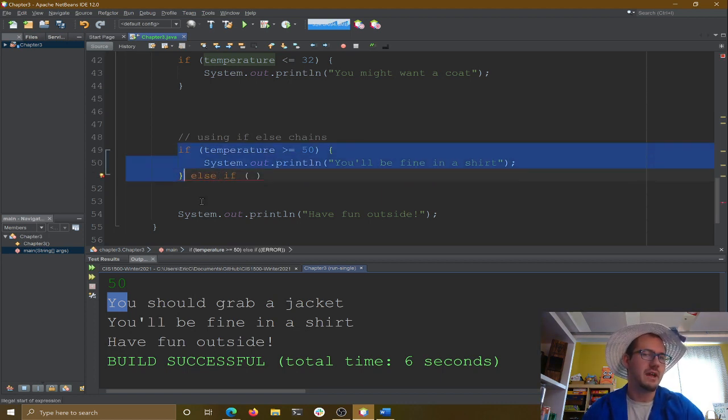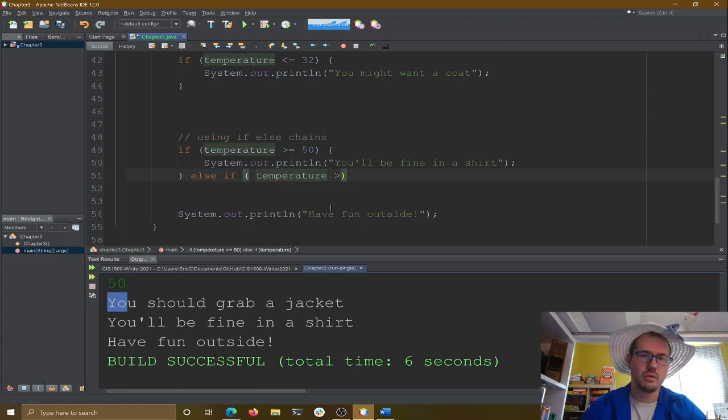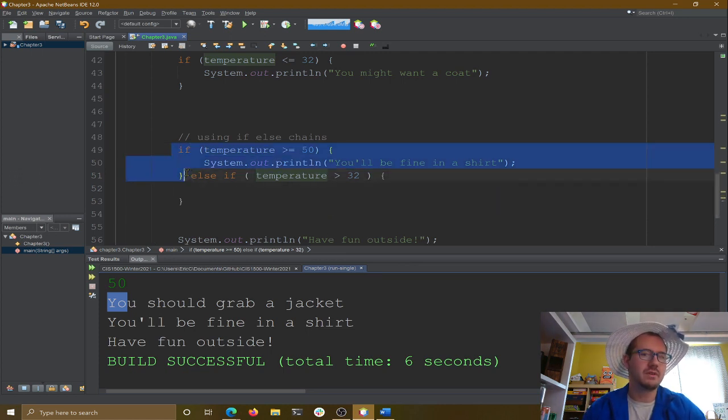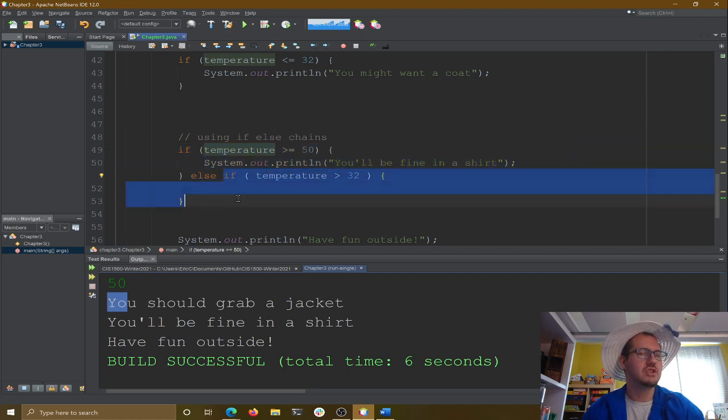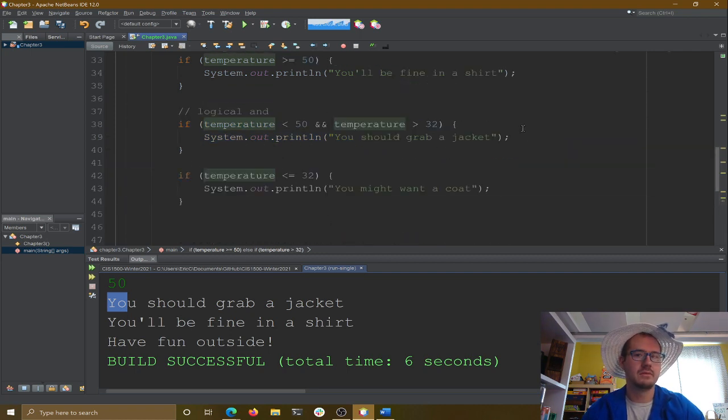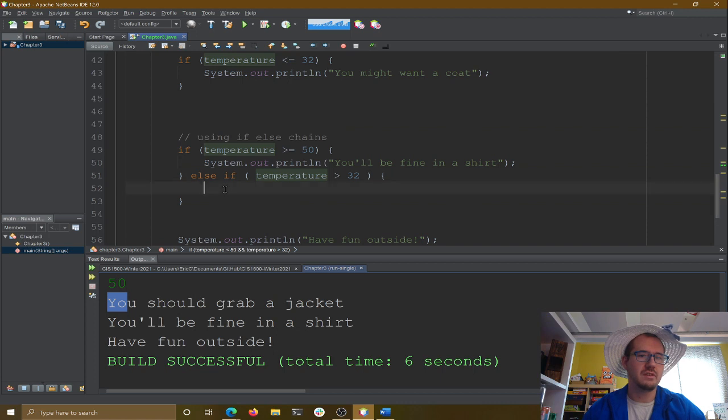So if this is not true, else, we'll now check if this is true. Now I can say if temperature is greater than 32. So if temperature is greater than 50, run this. If it's not greater than 50, check this. Is it greater than 32? The reason this is nice here